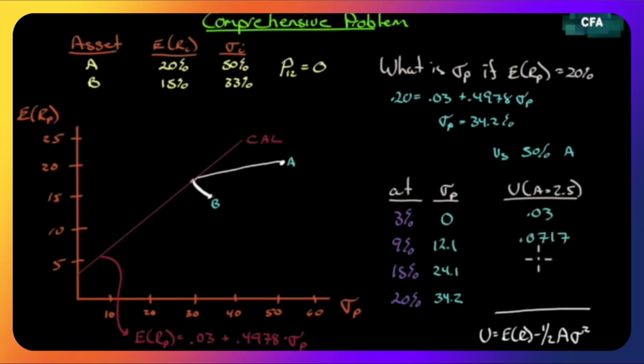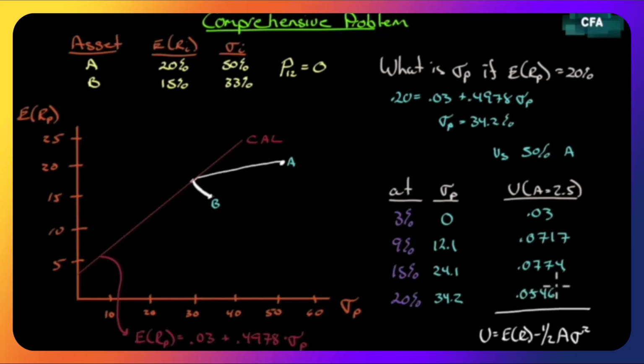will give us 0.0717. So we see they derive higher utility immediately from the 9% return, the combination of the risk-free and the risky asset that returns 9%, than they do with just the risk-free asset. Well, let's see if we can move them up even higher. Let's reach for the 15% return, minus 1/2, 2.5 times 24, gives us 0.0774. So we've done even better. Let's walk them up to 20%, and let's see how we do there. So we plug in all the variables here, we'll get 0.0546.